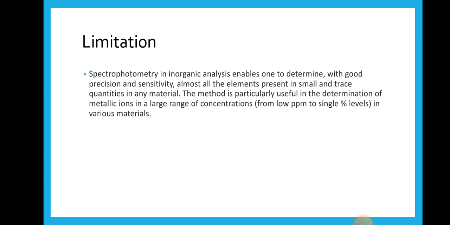Limitation. The limitation of spectrometry in the organic analysis. Spectrometry enables one to determine with good precision and sensitivity almost all elements present in small and trace quantities in the material. The method is particularly useful in the determination of metallic ions in a large range of concentration, from low ppm to single percent level, in